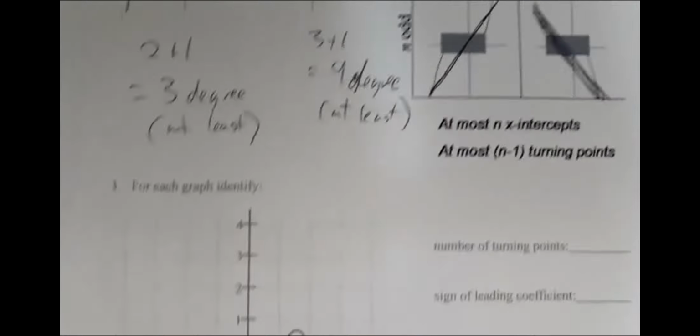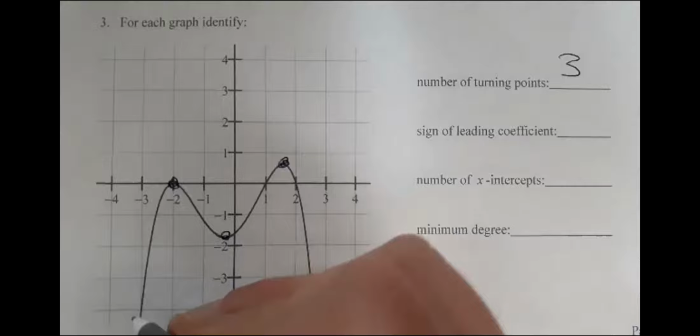So we want to look at the number of turning points here. If we're counting the number of turning points, that's the first thing they ask us. This is a turning point. There are 3 points where it goes from up to down and from down to up. Sign of the leading coefficient. So this thing is going off